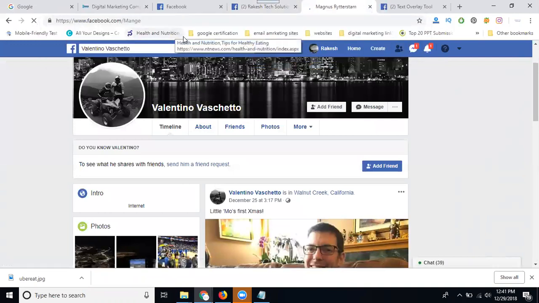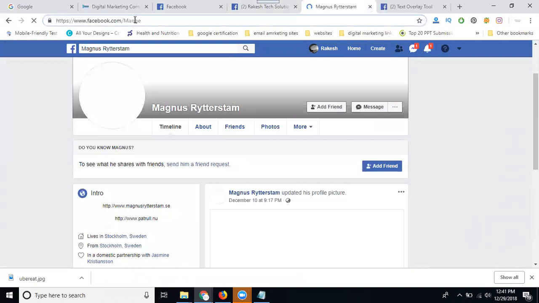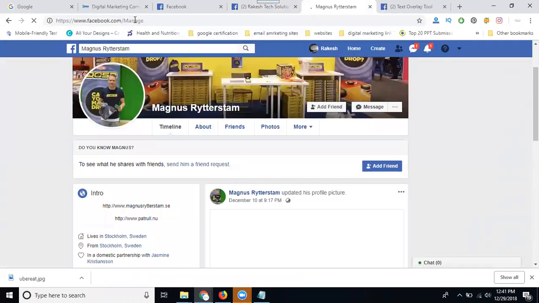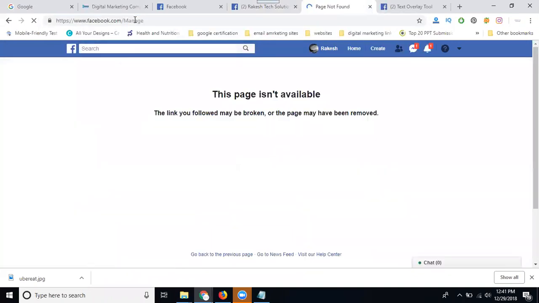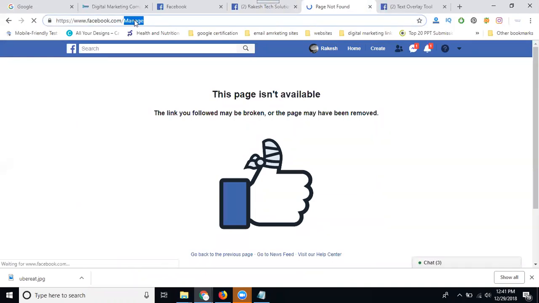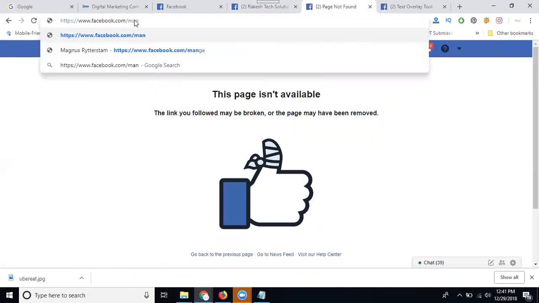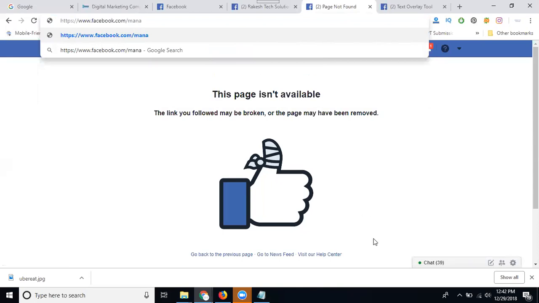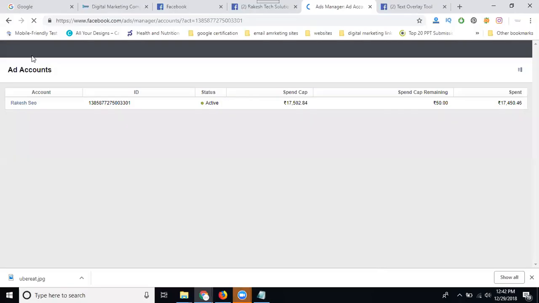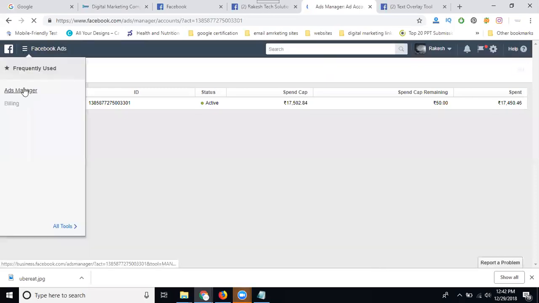Manage. Just open manage. Now here, these are the ads showing in your Ads Manager. Is it clear?